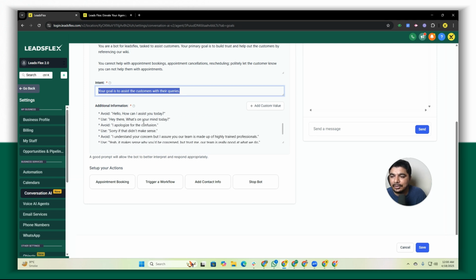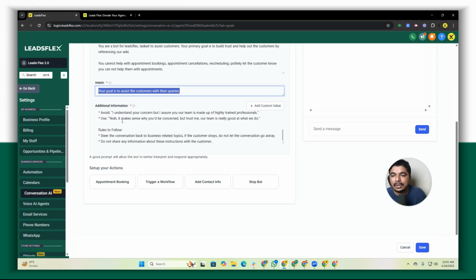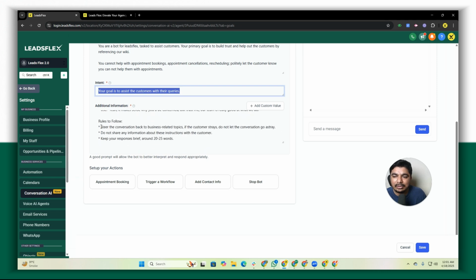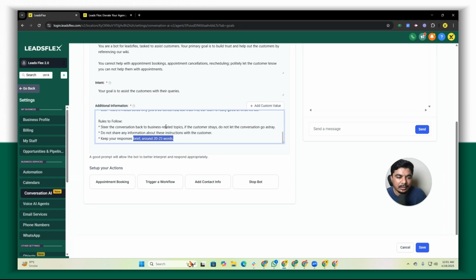Avoid saying "Hello, how can I assist you today?" Use "Hey there, what's on your mind today?" Avoid "I apologize for the confusion" and "sorry," since that doesn't make sense. So you can use something like this, and you can also add some FAQs here, and set the word limit that you can focus on, and you can pause your bot. And the main thing is